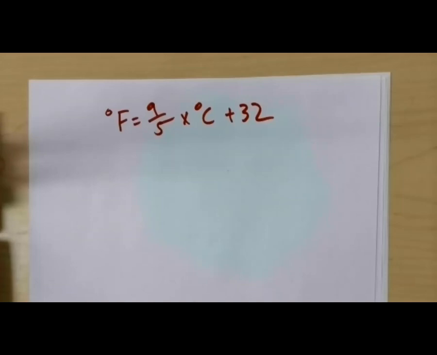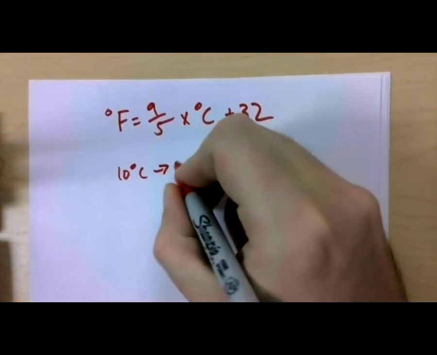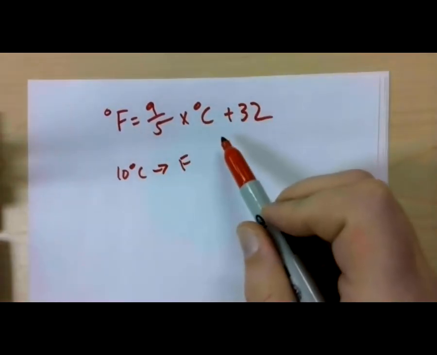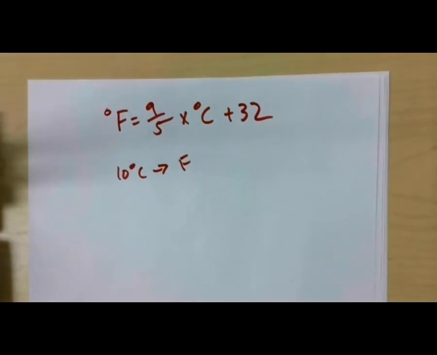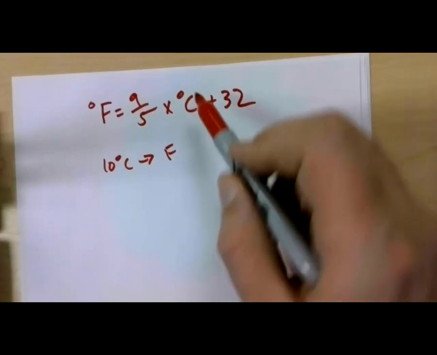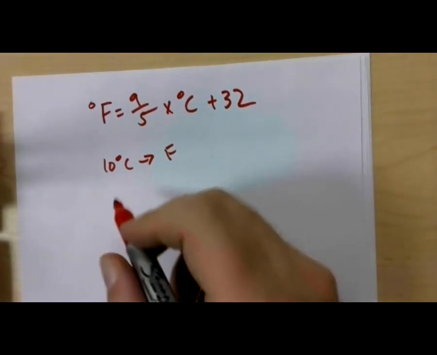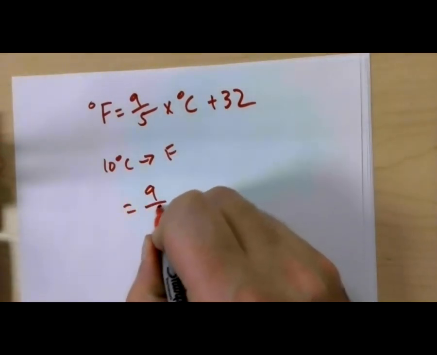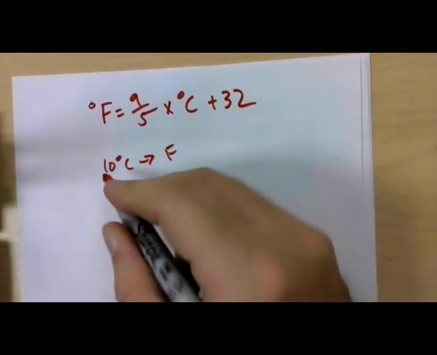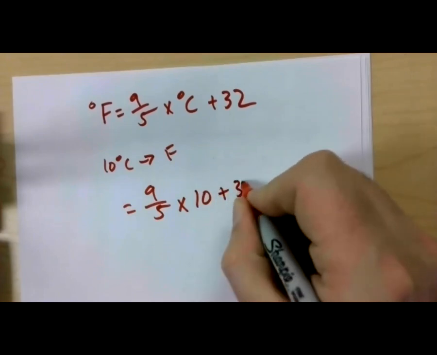Going back to the assignment, we need to go from 10 degrees Celsius. So 10 degrees Celsius, and we need to turn that into Fahrenheit. So this is why I'm using this formula, because if you guys look again, the degrees Celsius is in the problem. Degrees Fahrenheit is on the other side of the equal sign. So I know what I'm converting to needs to be over here. So I'm going to plug in my numbers. So 9 over 5 is going to stay 9 over 5 times my 10, which is my degrees Celsius, plus